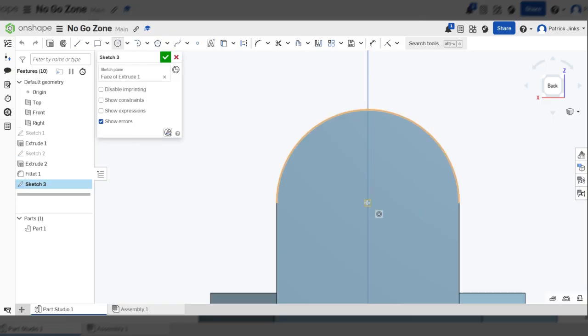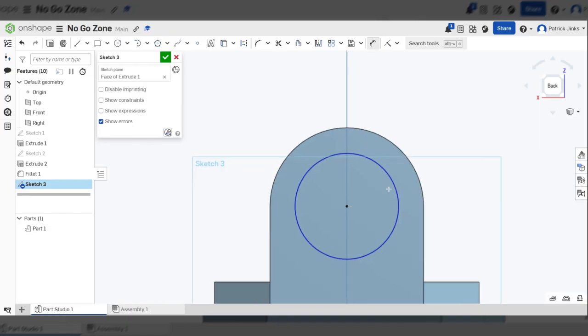And again, it should snap to the center of that arc, of that radius, of that circle. I'm going to pull up and press D to go into my dimension mode. I'm going to set the circle with a dimension of 18, which is the diameter, or about the diameter